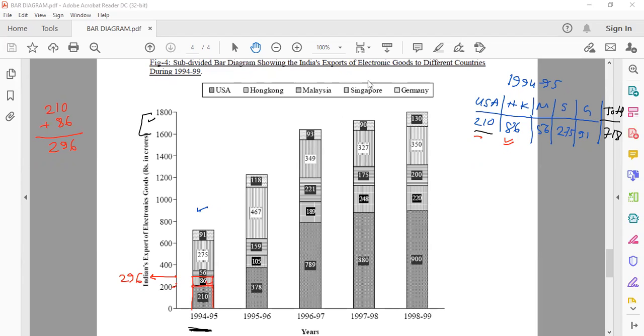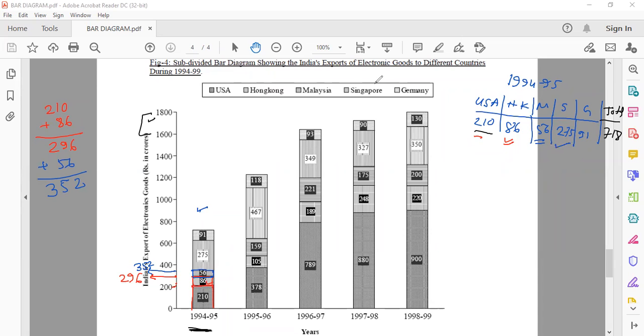Okay, then how can I draw the next case? Next height is 56. You see there is the value 56 here, right? So we add this 56 and we have 352. So this is the position where roughly the value is 352. So I draw this line and use this rectangle. The height is 56. Then Malaysia is complete.